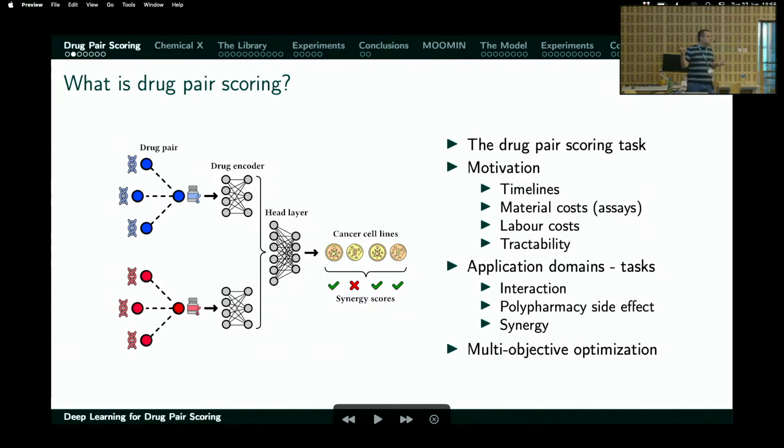So what's the motivation for this? Why are we trying to formulate this as a machine learning problem? And the reason is very, very simple. So if you just think about, let us say you have a database of 100 cancer cell lines where you are trying to